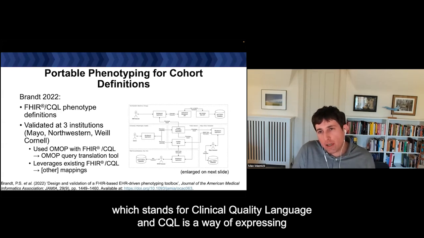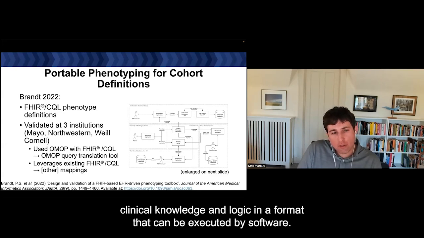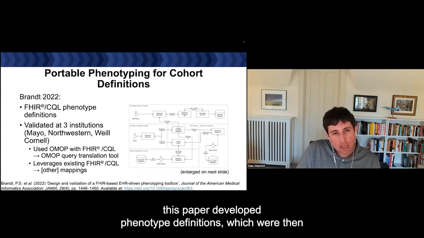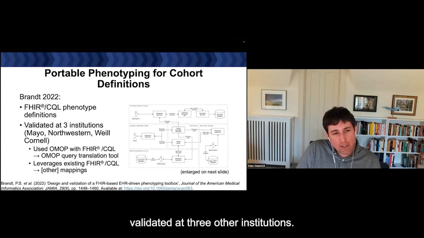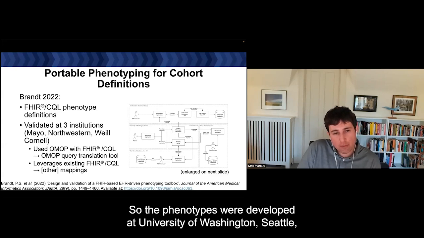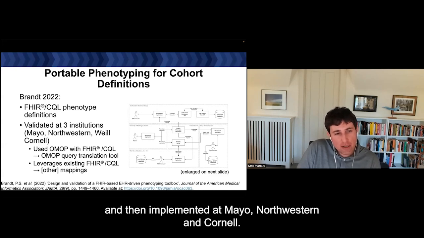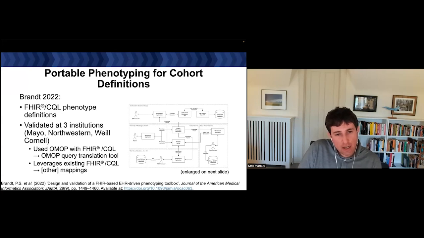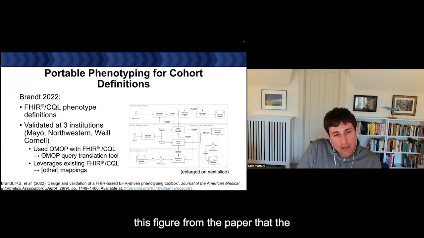And CQL is a way of expressing clinical knowledge and logic in a format that can be executed by software. So using a combination of FHIR and CQL, this paper developed phenotype definitions, which were then validated at 3 other institutions. So the phenotypes were developed at University of Washington, Seattle, and then implemented at Mayo, Northwestern, and Cornell. And we'll see on the next slide that enlarges this figure from the paper that